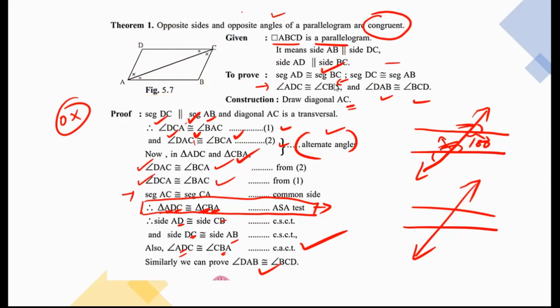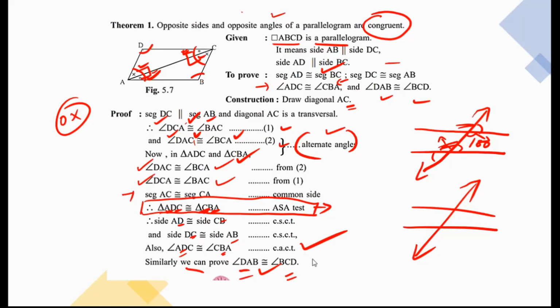In this case, we don't have any problem because it is part of triangle ADC or CBK. B and D congruent है बोलने में problem नहीं है. But when we have to say this angle is congruent to this angle, we have to add these two angles, right? And these two angles are congruent. Already we know that this is congruent to this is congruent to this according to alternate angle, and now the triangles are congruent. So we can say that similarly we can prove DAB is congruent to BCD.